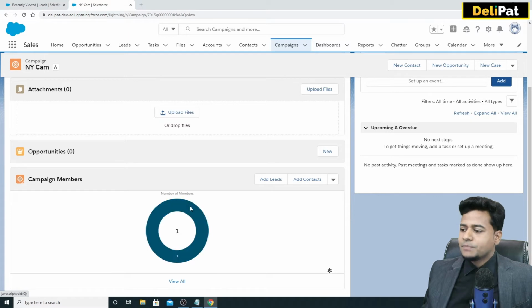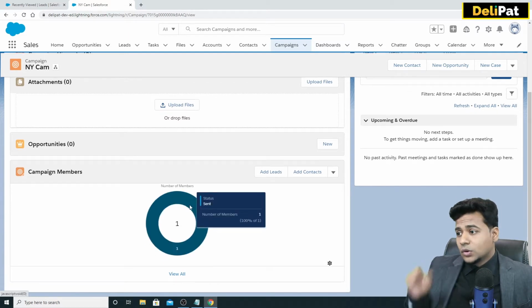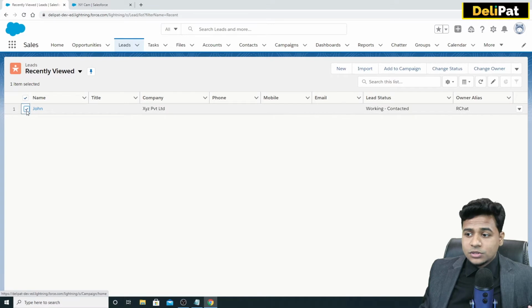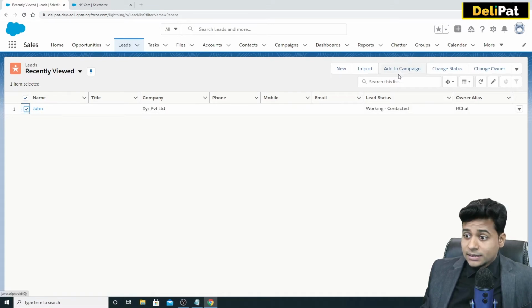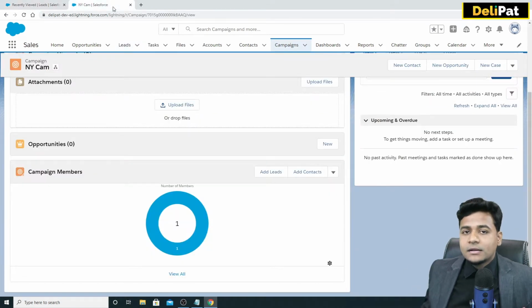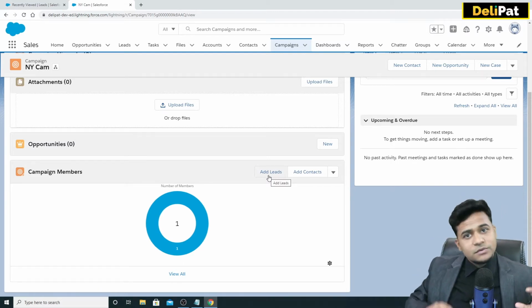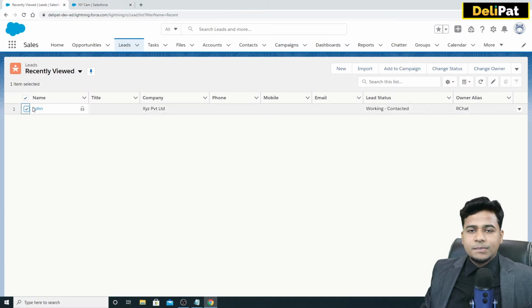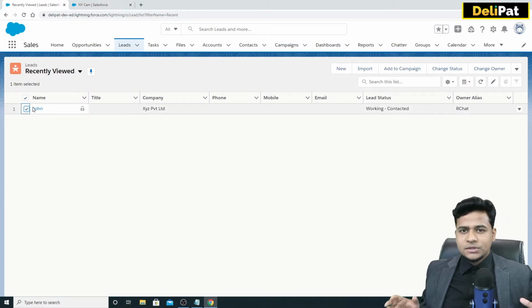Okay, so one way is you can go to the leads and, like how I showed you, check the boxes and click to add those leads to the campaign. Another way is you can go to the campaign directly and click on this add lead button, and from here also you can add leads to the campaign. Because campaign and leads have a many-to-many relationship, you can either add a lead to the campaign from this campaign page, or you can add a campaign to the lead from this particular lead page. This is how you tag a campaign with the lead.